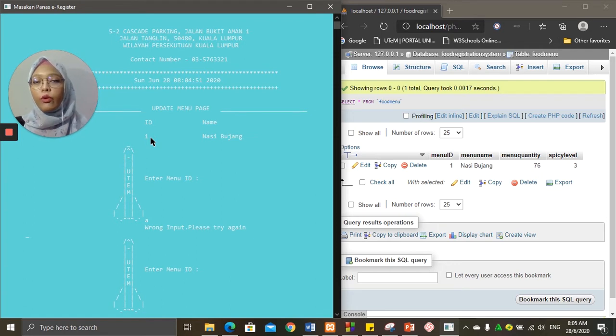But for a character, the system will just show you wrong input, please try again, and you can re-enter the menu ID. So the menu ID here is number 1.